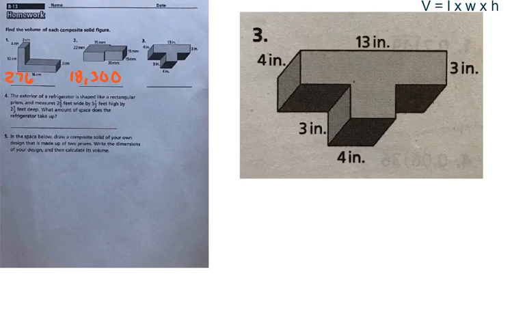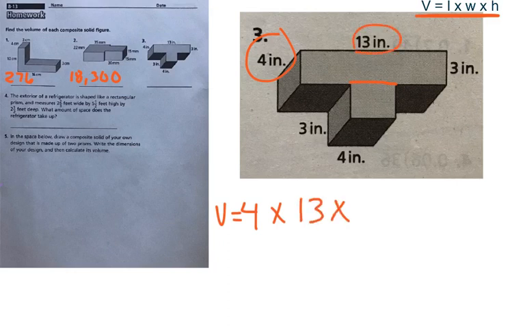For number 3, we need to break our composite solid into 2 rectangular prisms, and I'm going to splice it right there to make our two rectangular prisms. Our first one, I have our formula up here. You're probably memorizing it by now, but I'm going to take my first one, and it's going to be 4, volume is equal to 4 times 13 times 3. 4 times 13 is equal to 52 times 3 is equal to